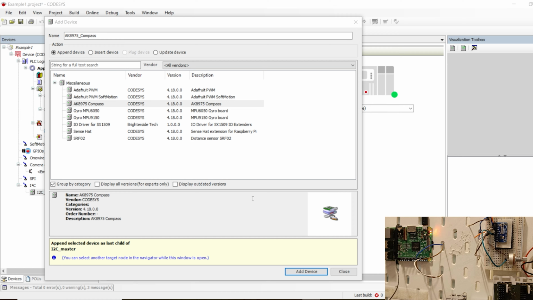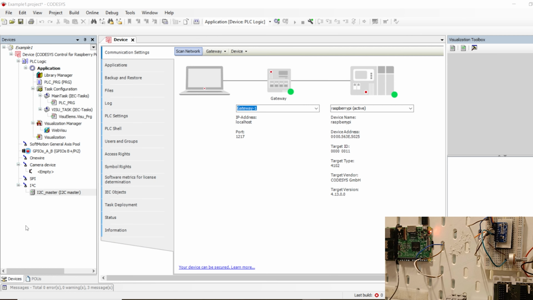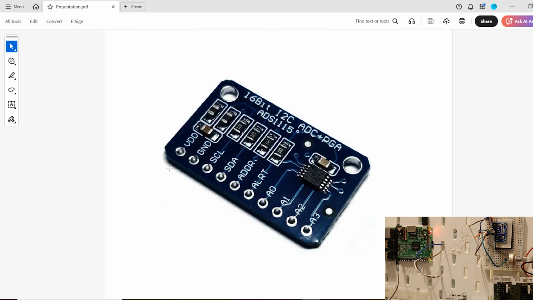So I can show you a little bit of the setup that I have, and then we can continue. The driver for that device is not on this list, so I've developed a driver for it already. So we shall see how to install the driver, then set it up, communicate with the device and read data from it. I'll close this here, and I'll show you briefly a little bit of the